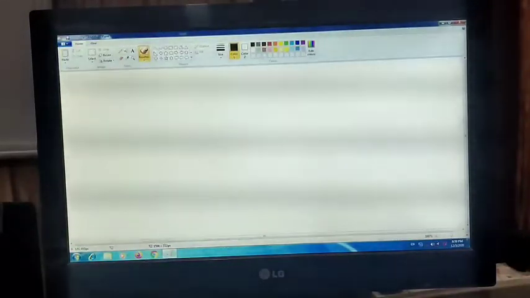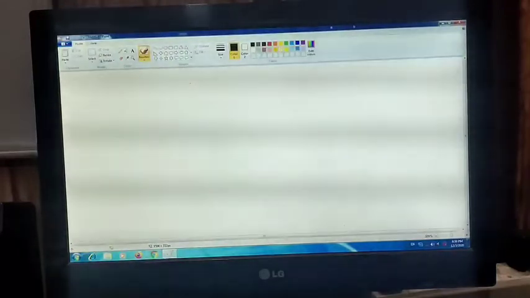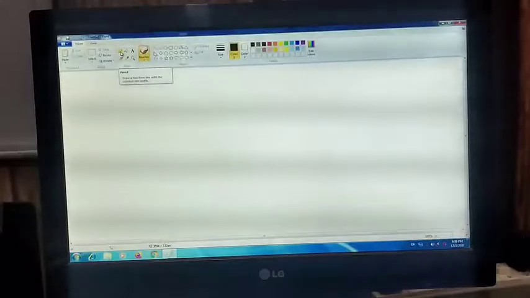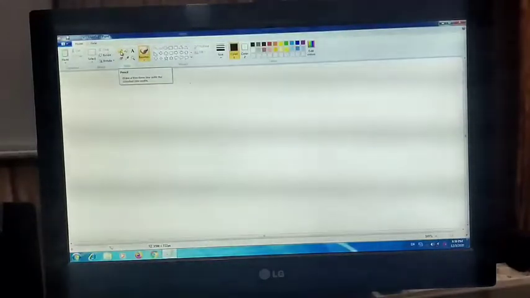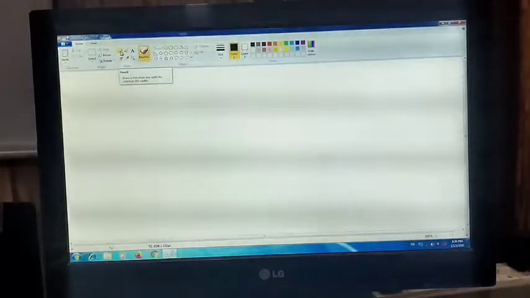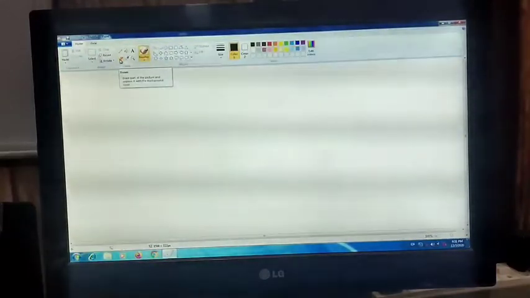In the previous session we learned about 2 tools and about these control buttons. We learned about this tool, known as the pencil tool. It is used to draw a free form line with the selected line width. जितनी width हमें चाहिए हम उतनी width ले सकते हैं. Then second is the eraser tool, which erases a part of the picture and replaces it with the background color. सो यस, हम इसे क्लियर कर सकते हैं जो भी हमने टाइप किया.